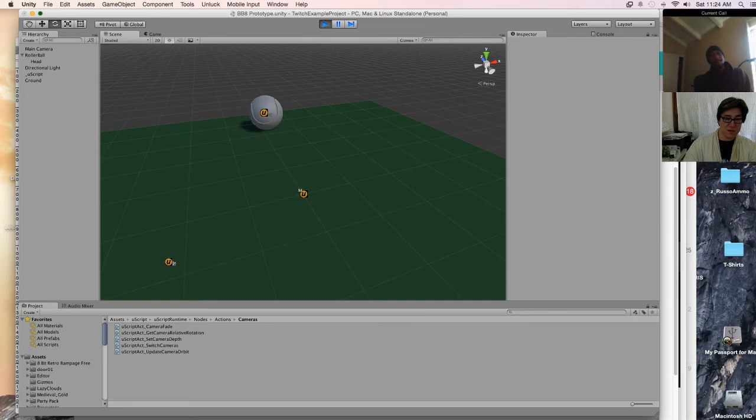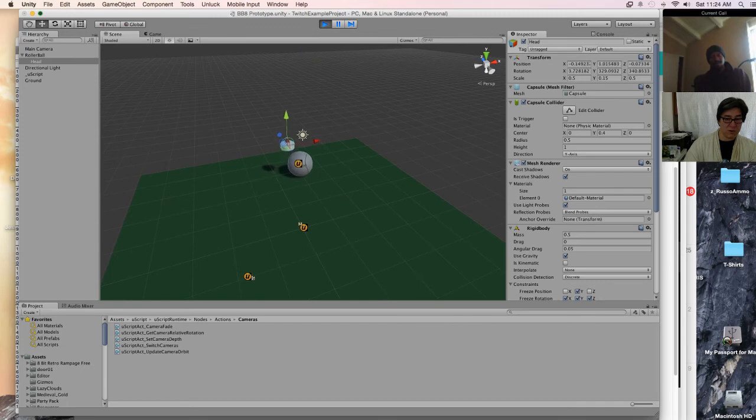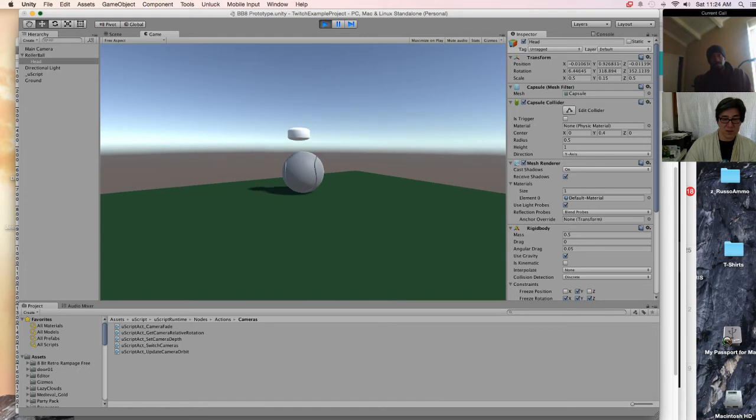Let me try and get the head up above. It's actually pulling on both. See how it's wobbling? As it's trying to settle the head to the same distance, it's trying to maintain this distance.